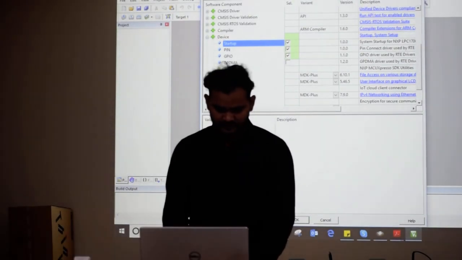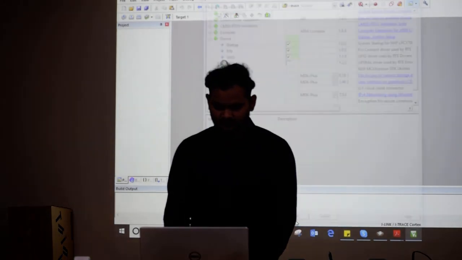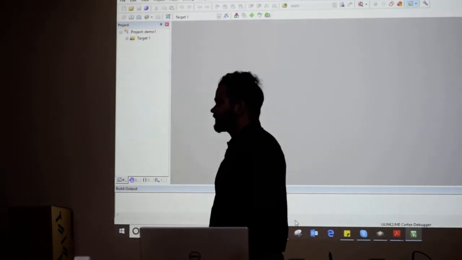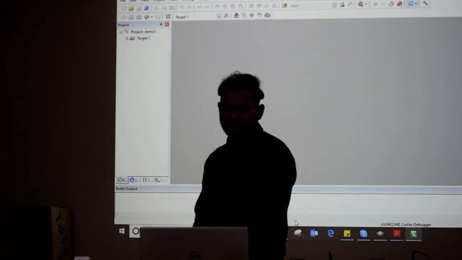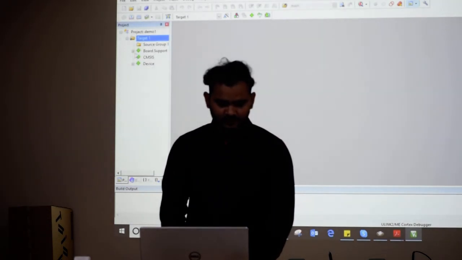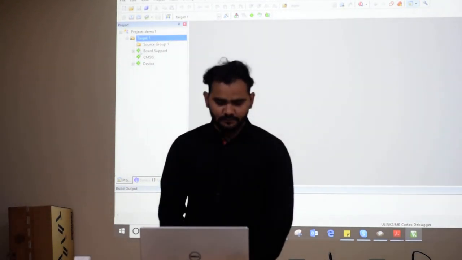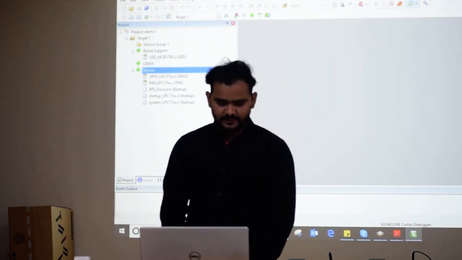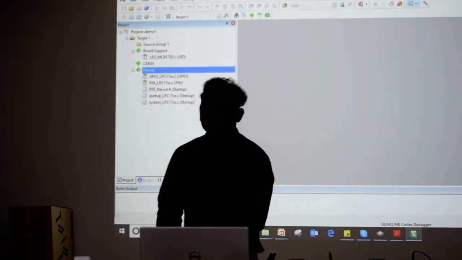And click on OK. Done. Now open this target window. Open board support. Open device. And you can see here now.